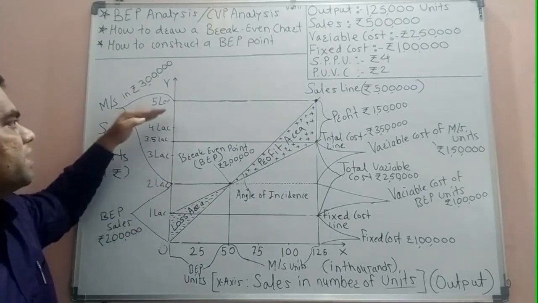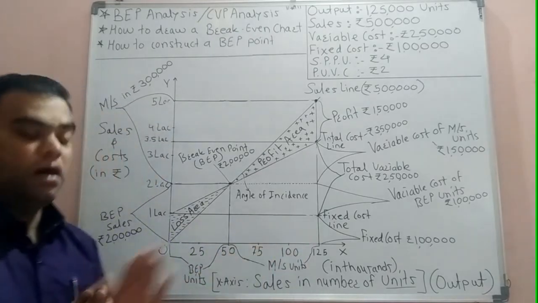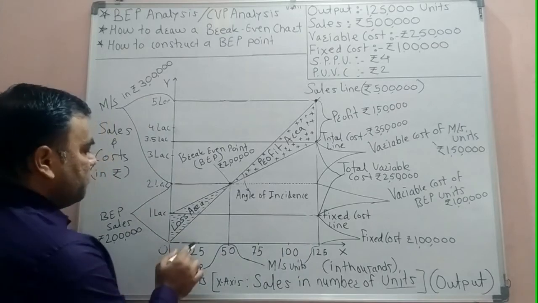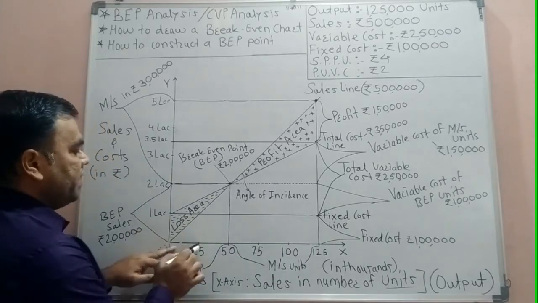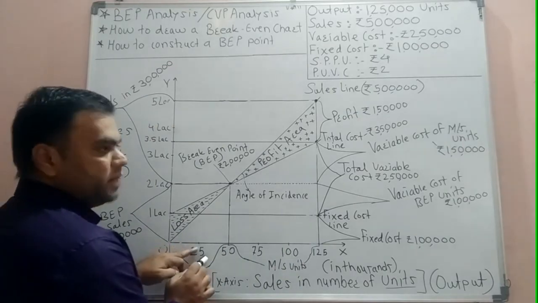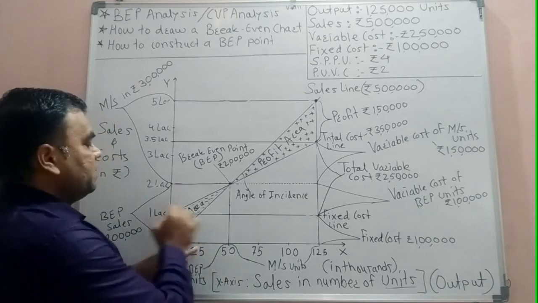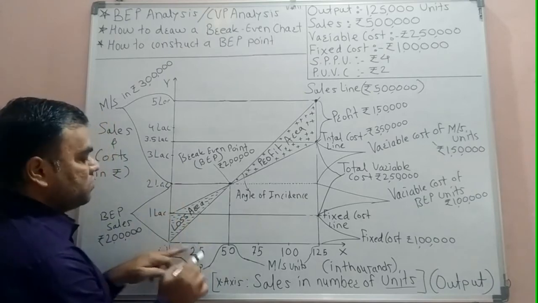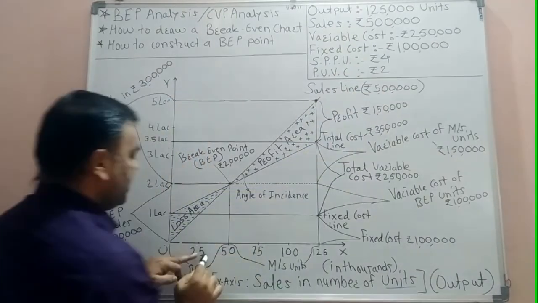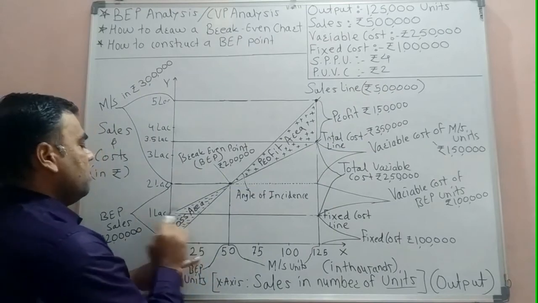Okay. So 5 points on the y-axis, 5 points on the x-axis. Equal number of points we have to make on both axes. Then we have to confirm the first point on the x-axis and the first point on the y-axis. It means if the first point is 25,000 units, then it should be interlinked with the y-axis. 25,000 units sold at rupees 4 per unit selling price. 25,000 into 4, 1 lakh.